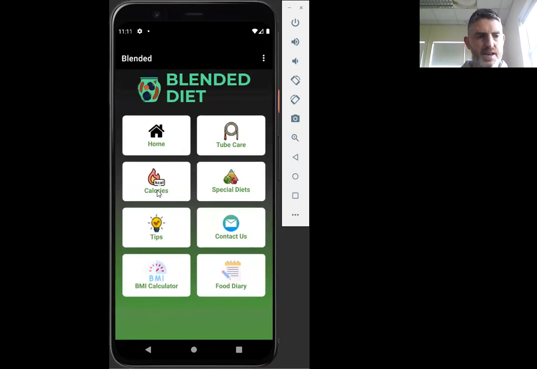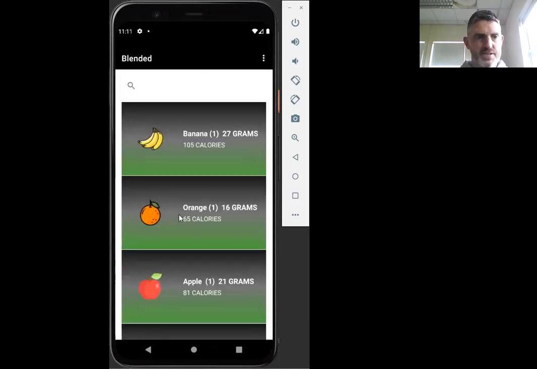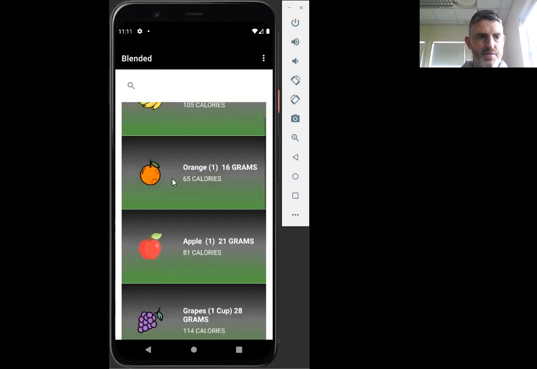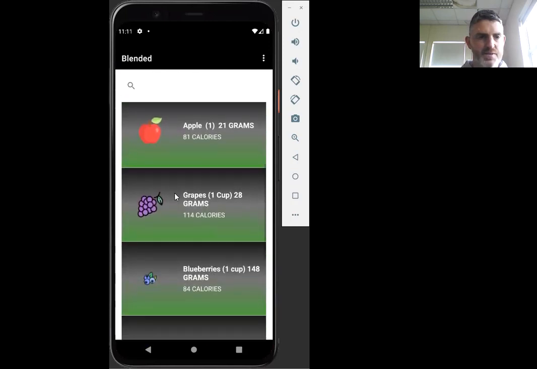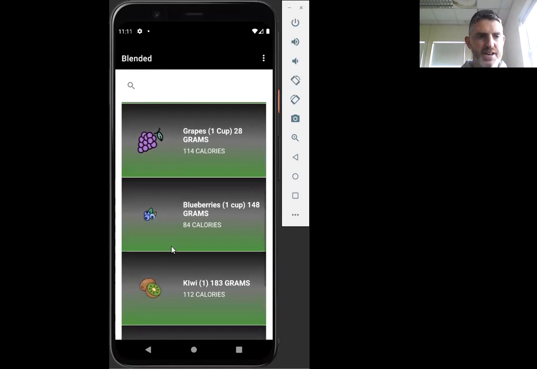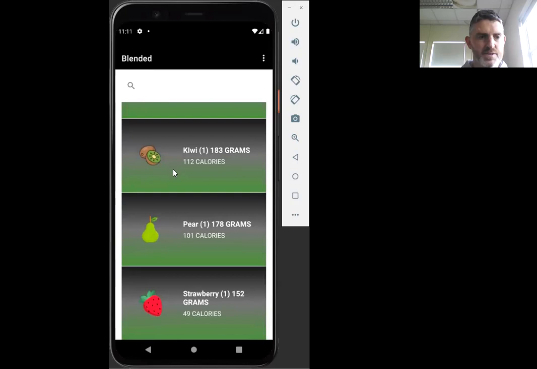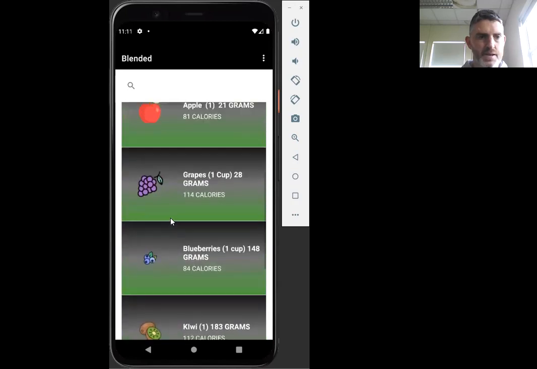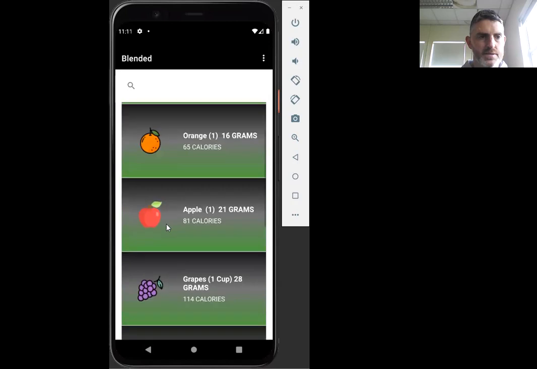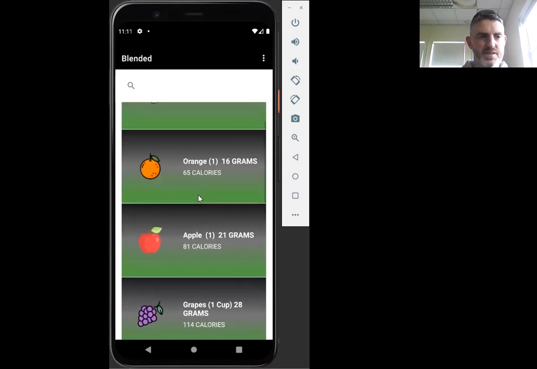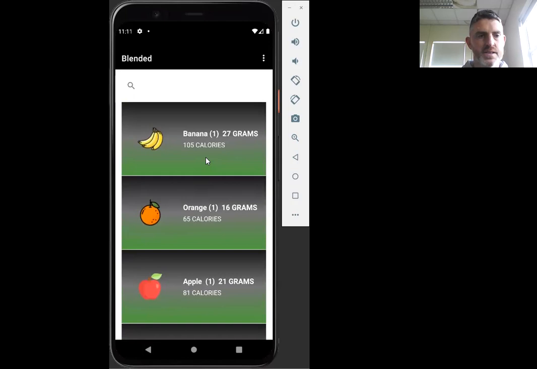The next page is calories. So clicking on the calories, this is just a quick view of what calories are in, just made a list view here. Just going down, I just added fruits for the moment, but I can add meats and grains and that. So an orange, 1 orange, 16 grams, 65 calories. Banana is 105 calories, and they're clickable and they bring you to the source of the page where I got